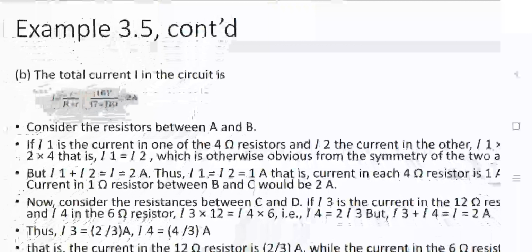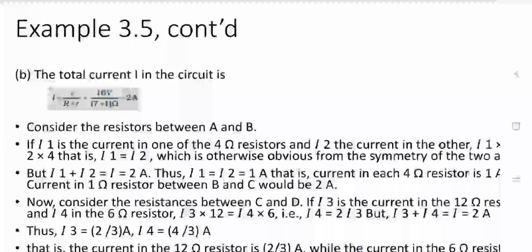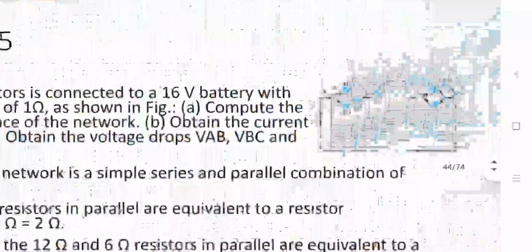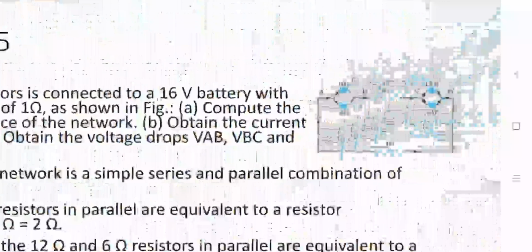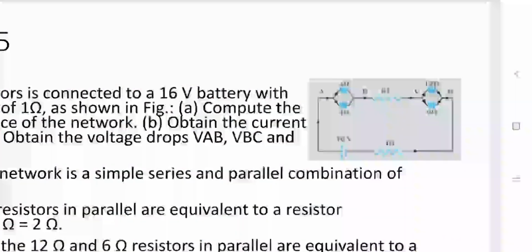Now in the example it is given to find the current flowing through each resistor. So now assume that between A and B, two resistors are in parallel. In parallel, the current is going to be divided. So the total current I, 2 ampere, is flowing through point A, and from A it is going to be divided between two resistors, 4 ohm and 4 ohm. We know that in parallel the potential difference remains the same. So I1 R1 equals I2 R2.